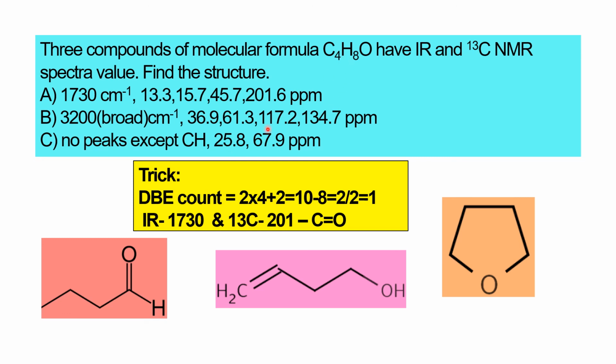Whenever instead of 4, 2 signals are there, that is a symmetric compound. It clearly shows that it's a symmetric compound, and a symmetric ether is not shown in IR. We can easily say that it is the ether compound, with 2 signals and 1 double bond. Double bond is there, but the alkene group is not present here. Alkene group is in the 130 range, and that is also not there. Symmetric structure, ether is present. So instead of ether and double bond, we can mention the ring and close the ring. That is THF, tetrahydrofuran.